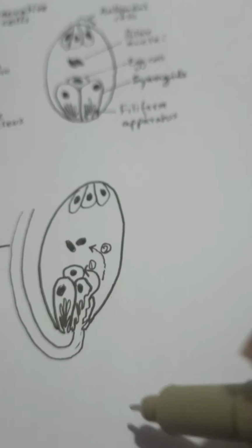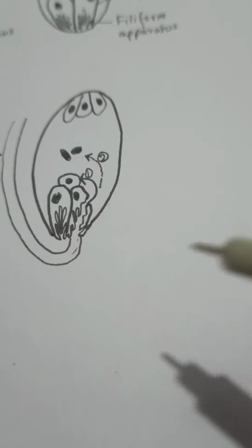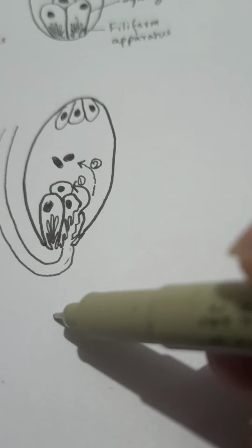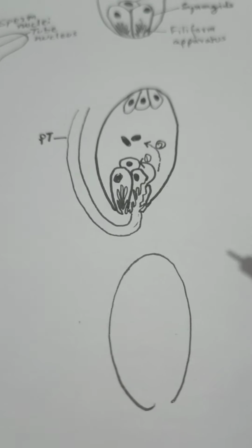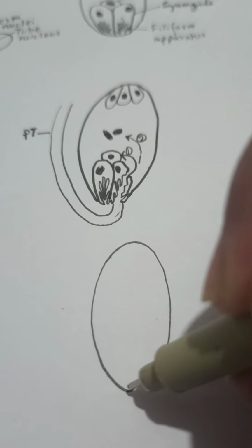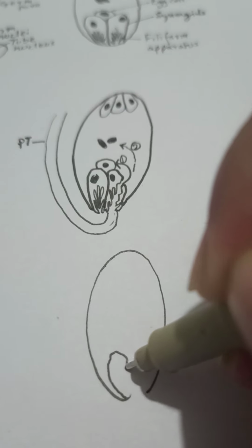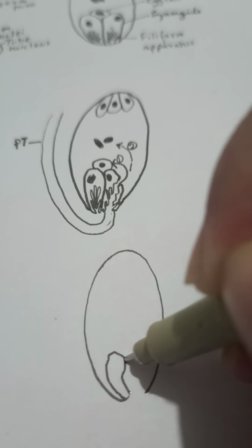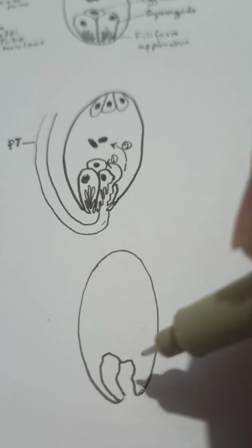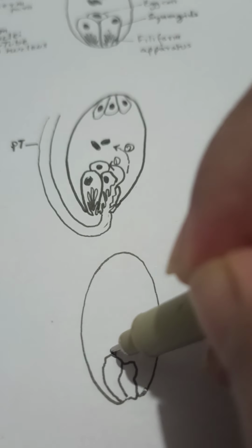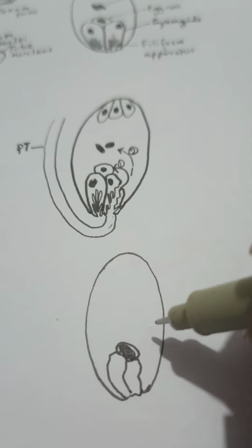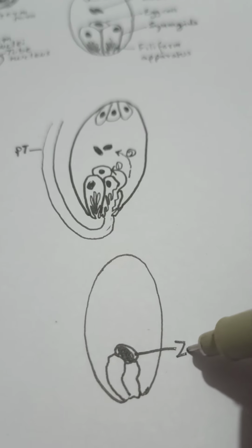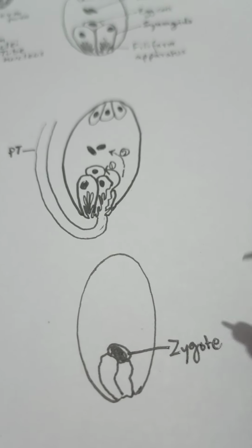What will happen after that? Well, that will be discussed in detail later in another video. After this, the entire structure will start changing itself. I'll just give a brief about it here. The synergids will still hold their structure for some time, but it is majorly that the egg has now developed into a zygote. It has transformed itself into a zygote.